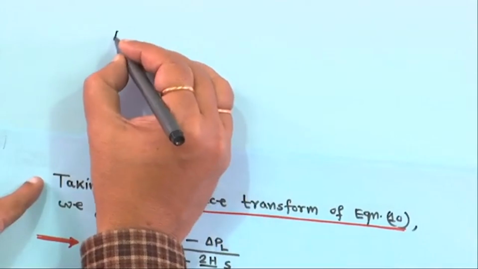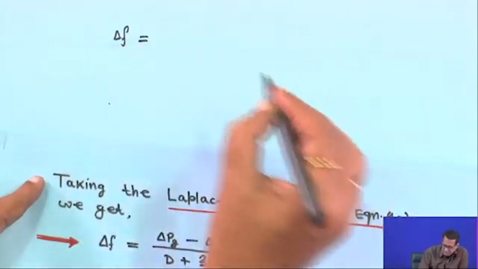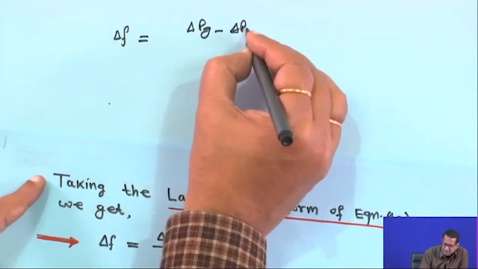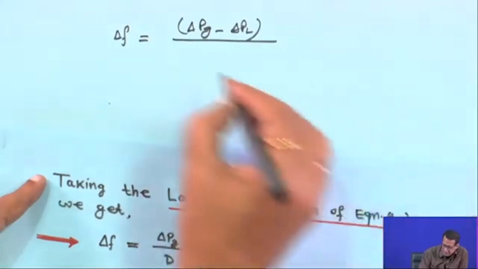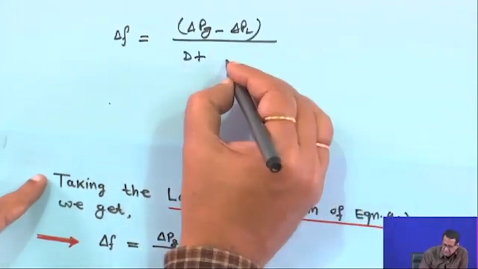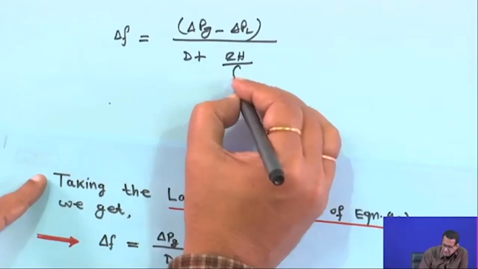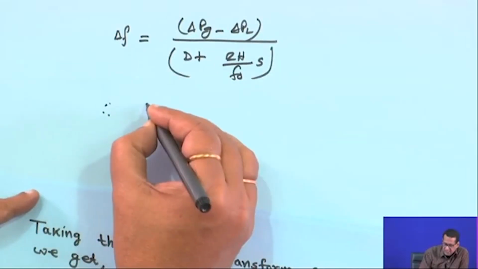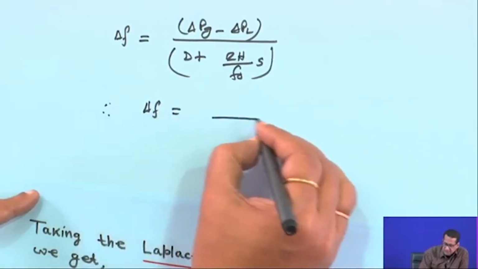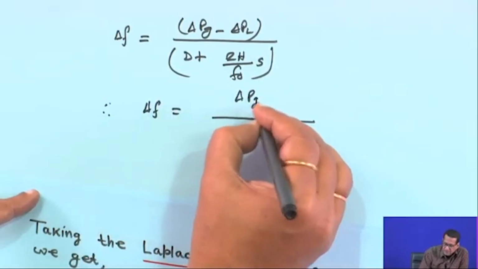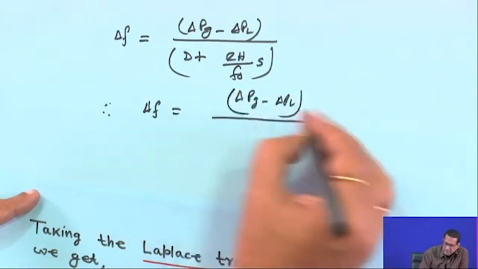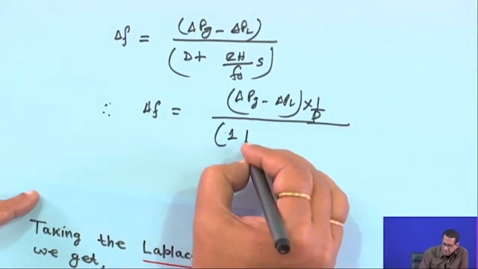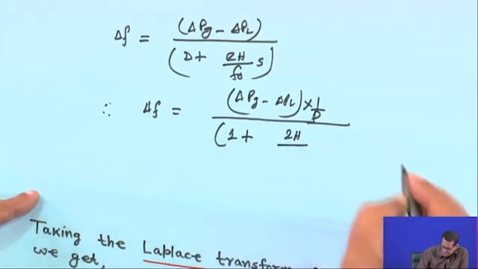This is actually the equation: delta F is equal to delta Pg minus delta PL divided by d plus 2h upon f0 s. Numerator and denominator you divide by d, then delta F is equal to delta Pg minus delta PL into 1 by d, divided by 1 plus 2h divided by